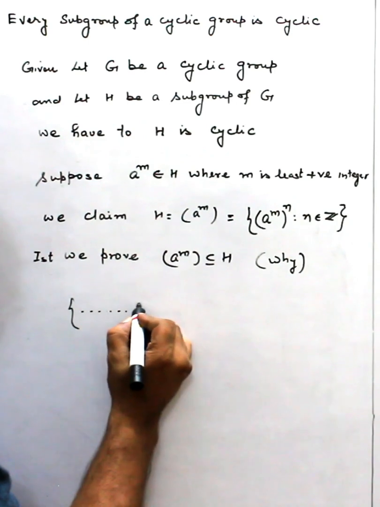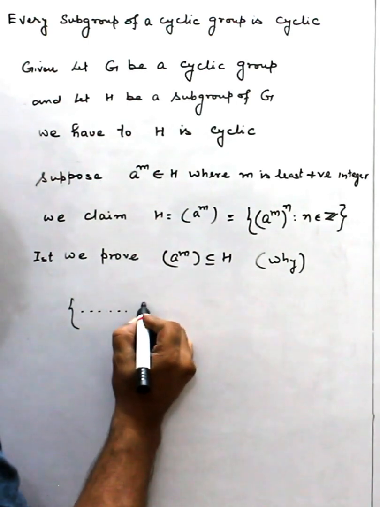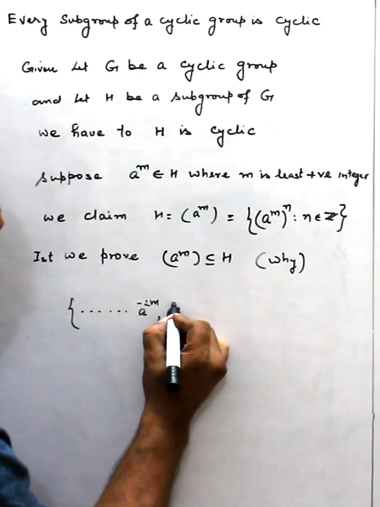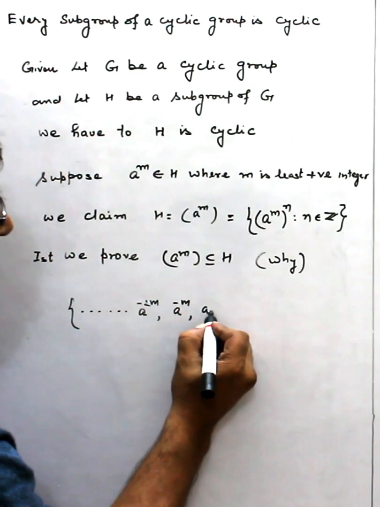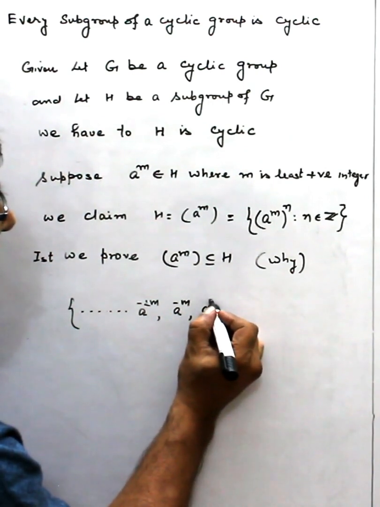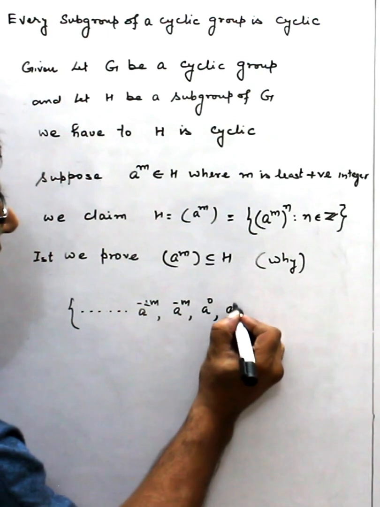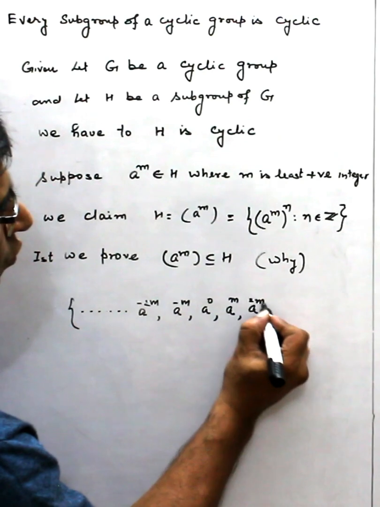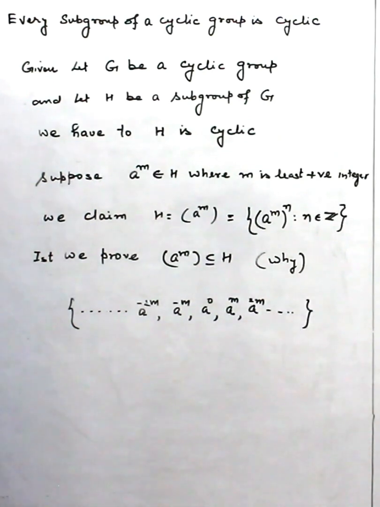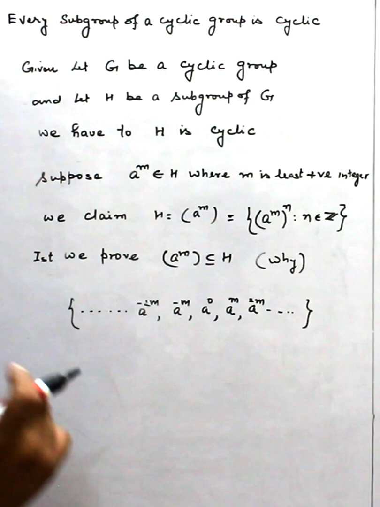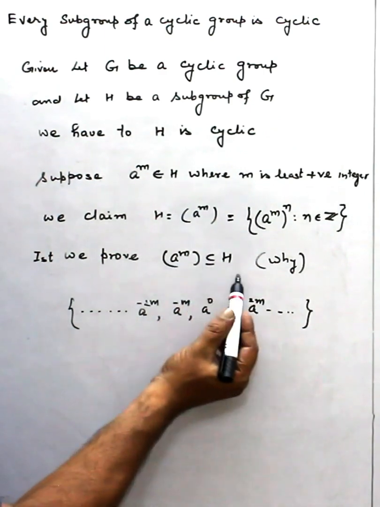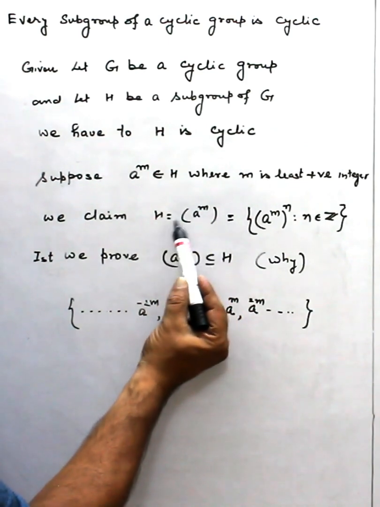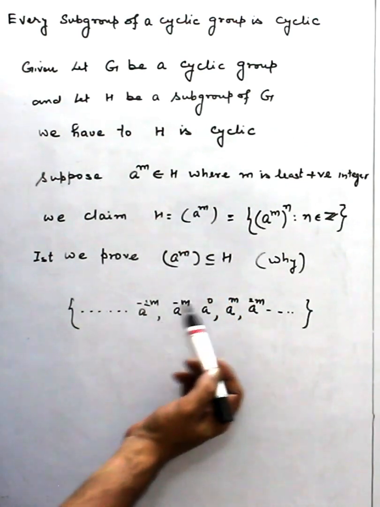a^-2m, a^-m, a^0, a^m, a^2m, and so on. Now you can see this is a subgroup and contained in H because H is this. So obviously